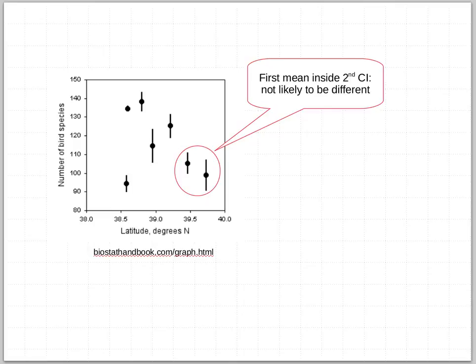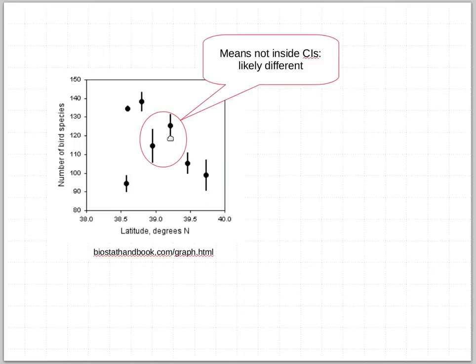Let me look at another pair, for example. These two, this error bar overlaps with the one on the left. This error bar looks like it just misses the mean on the right. So this mean on the right looks like it's outside of the error bar to the left and vice versa. So I would be pretty confident in saying that there is likely to be a difference between these, and this is probably comparable to a p-value of about 0.05 or so, where it looks like there's some separation of these